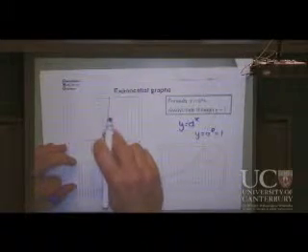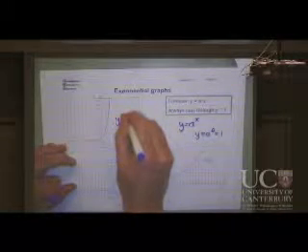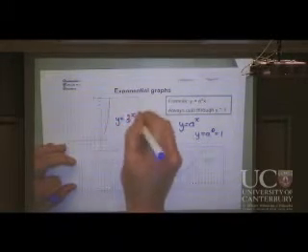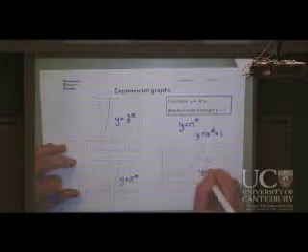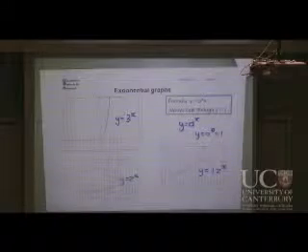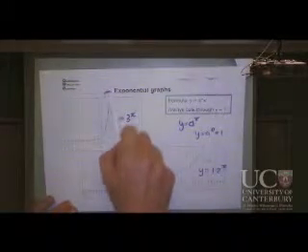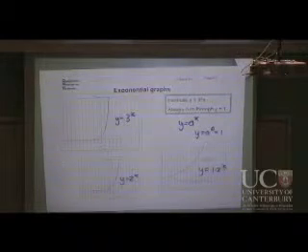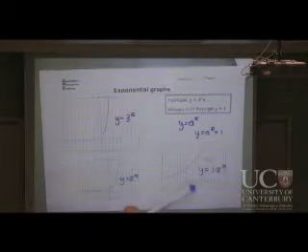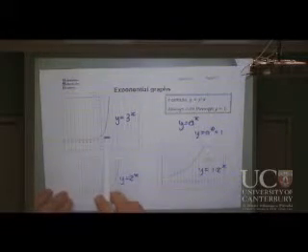So this one here cuts through 3 as well, so it's y equals 3 to the x. This one is y equals 2 to the x. This is y equals, as I say there, 1.2 to the x. So you can see the bigger the number is, the faster it goes up. And that's because it means that each time we're multiplying by 3 or multiplying by 2, so for every 1 we go across here,